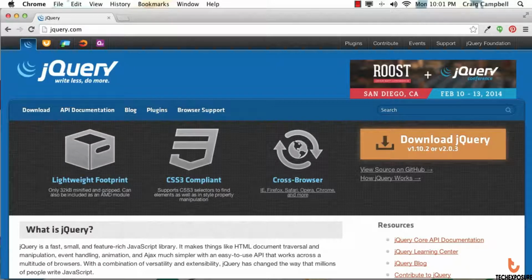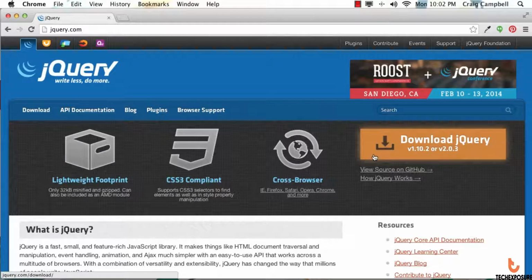For the rest of this course, I'm going to walk you through some of the basics of working with jQuery, and then we're going to take a look at some really powerful effects that we can achieve with just a few lines of code. In this video, I want to start off by downloading the jQuery library and taking a look at the code. Again, we can find the library at jquery.com, and on the main page, there's this giant orange download